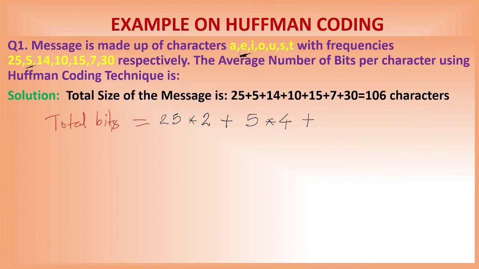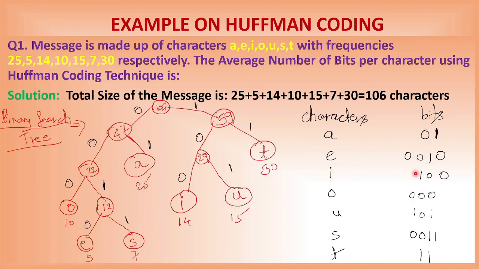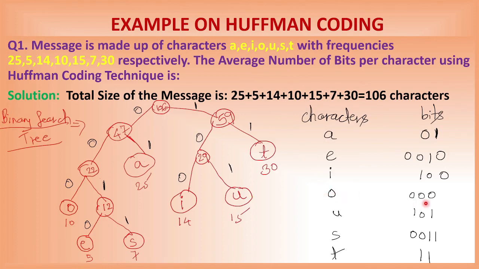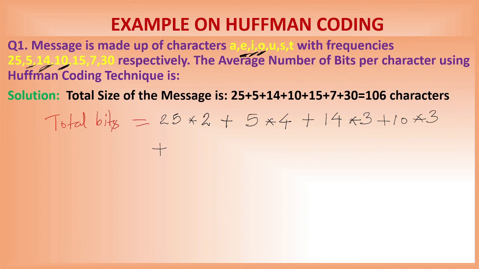Similarly, check how many times letter I is coming. The frequency of letter I is 14, into check how many bits are used for representing letter I. So letter I is represented using 100, these 3 bits. So write over here 3, plus next letter is O, and O is occurring 10 times. So frequency of O in the message is 10. So first write 10 into the number of bits used for representing letter O. So using Huffman coding, we got 000. These are the 3 bits used for representing letter O. So total 3 bits. So write over here 3, plus